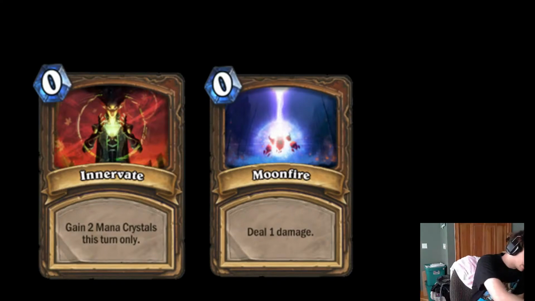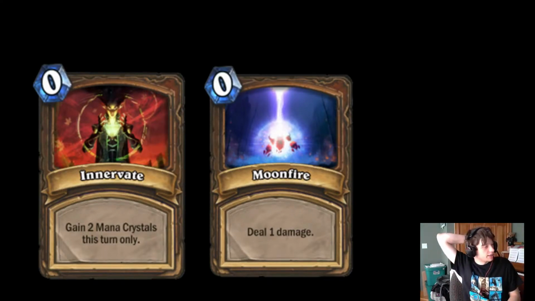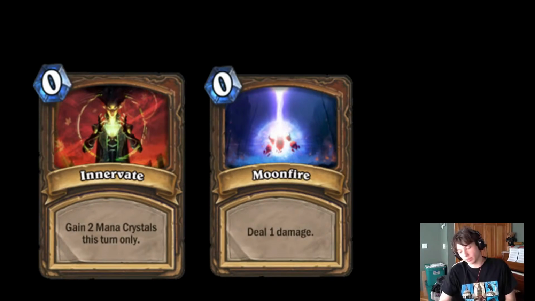This card is a top tier pick in constructed play because it allows you to reliably play bigger stuff than your mana crystals technically allow for. And Druid's biggest strength in constructed play is being able to manipulate mana and play things that are ridiculously strong. In Arena, playing Innervate is not as good. Innervate is probably an average pick, but the problem with Innervate, and I've experienced this a lot actually because I play a lot of Druid,